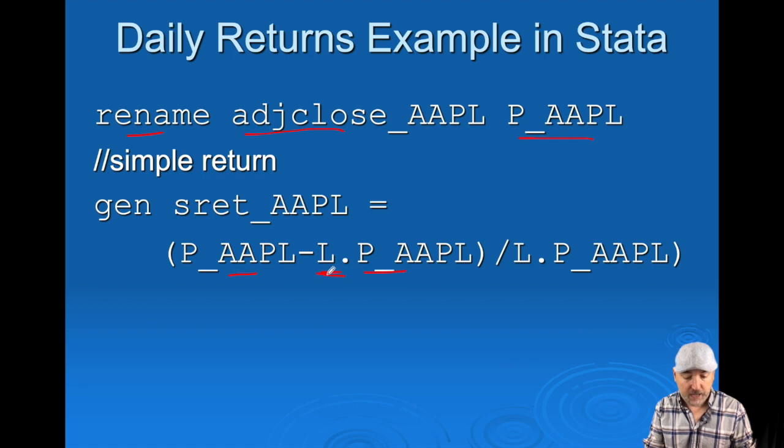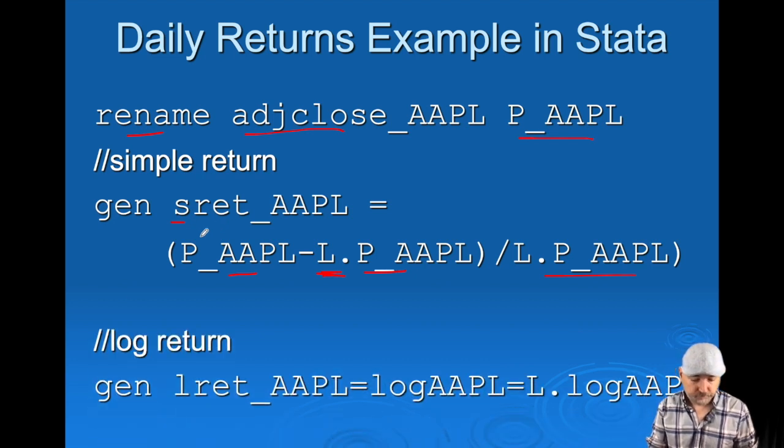That's the lag operator, the L dot, divided by the 1 period lag. You could also do this with the difference operator. That's going to be the percentage change, and I've labeled it here SRET, the simple return on Apple,